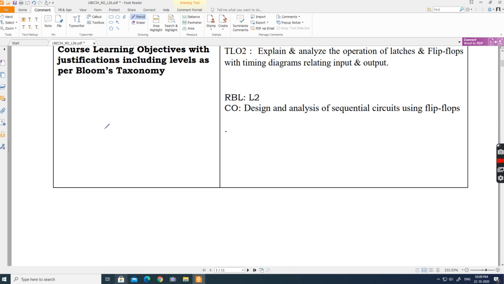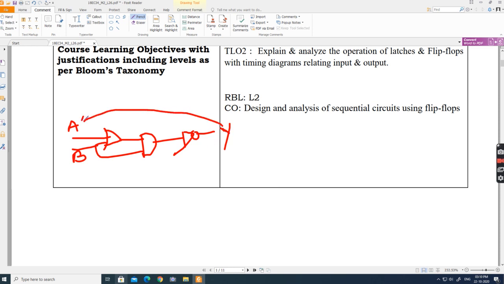For example, I am having an OR gate, and the OR gate is connected to an AND gate, and the AND gate is connected to an inverter. These inputs are shorted and given to one input, and I have one more input, say A and B. So this is a circuit diagram, and this is the output Y. What is Y depending on? Y directly depends on the instantaneous values of A and B. Do you accept it?